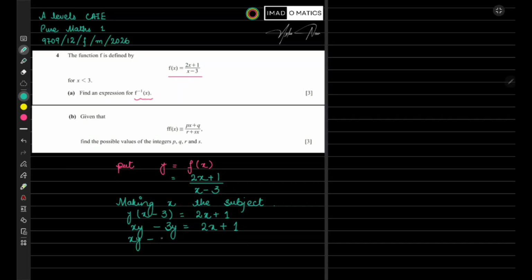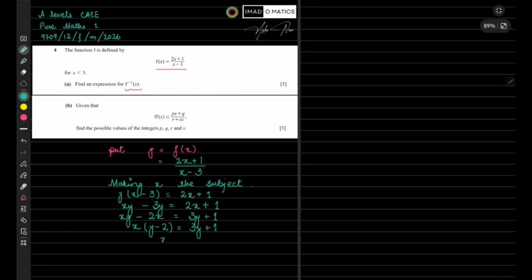So I am taking xy minus 2x equals 3y plus 1. Taking x common, x times y minus 2. And when we make x the subject, we can take the bracket down to the other side, because it is multiplied with x. On the other side it will be divided. Now this is x, and if you look into this,